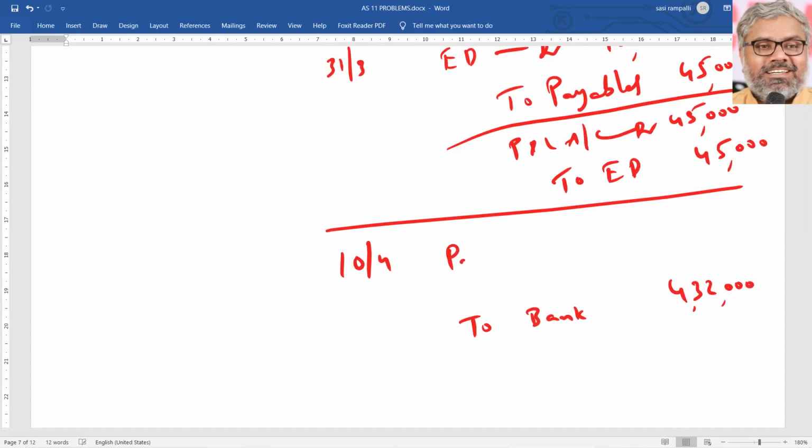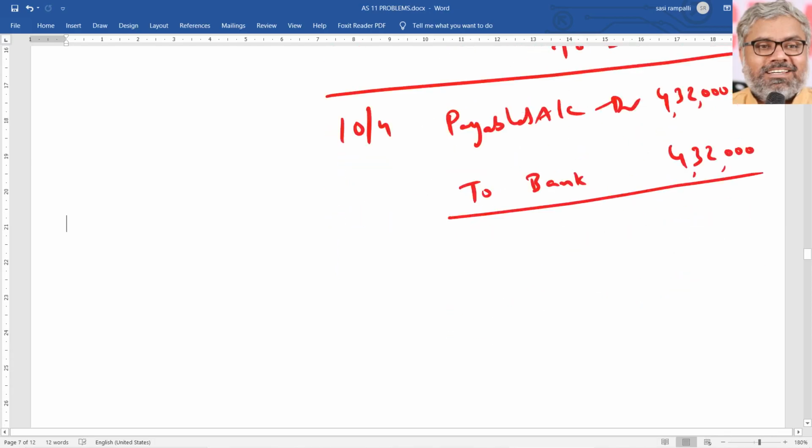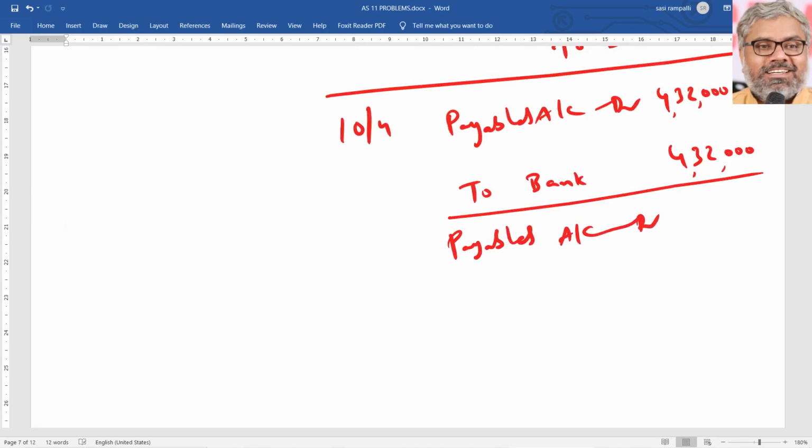this payables account, debtor, this one 4,32,000 paid now through bank, that is 4,32,000. But still there is a credit of 4,41,000 in the payables, which means further there should be a debit to payables, which unnecessarily is more. Though we paid only 4,32,000, there was a debit of 4,41,000. That means there is an additional debit of 9,000 in payables. So that has to be debited now.